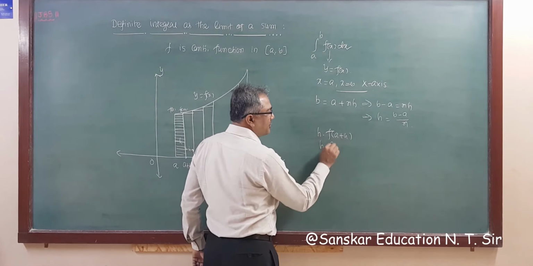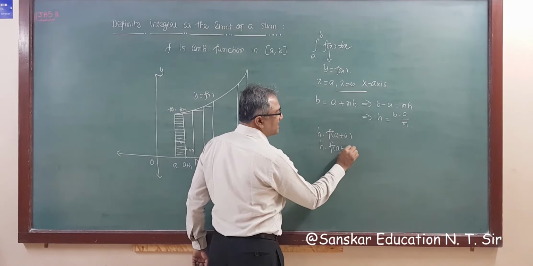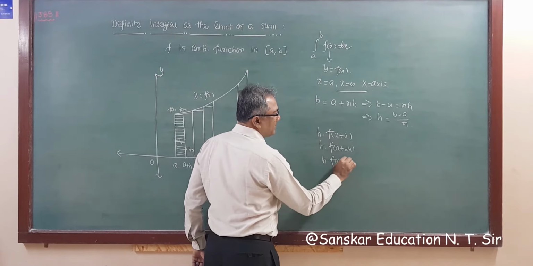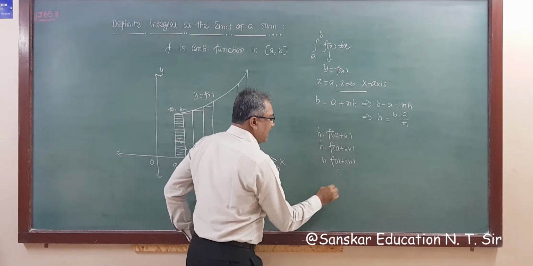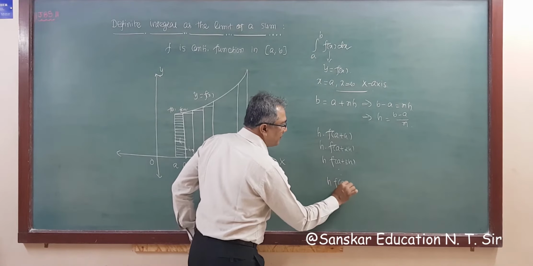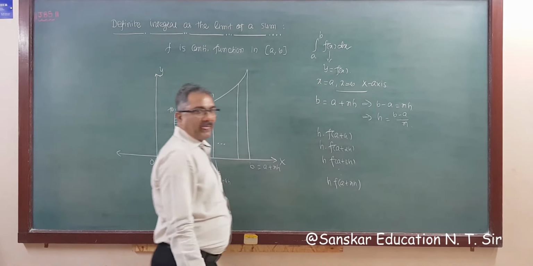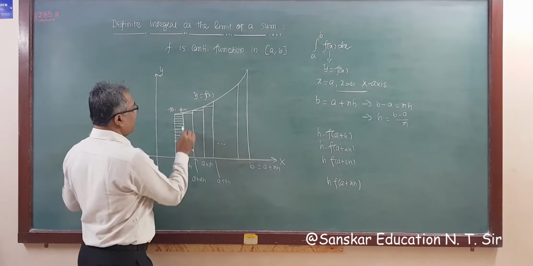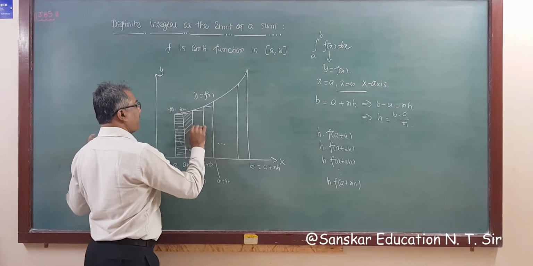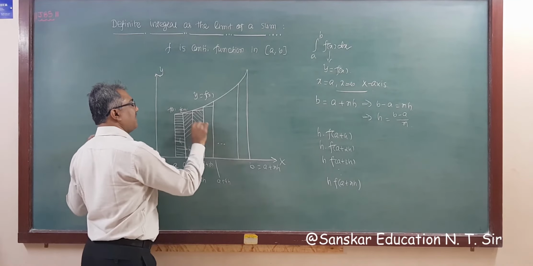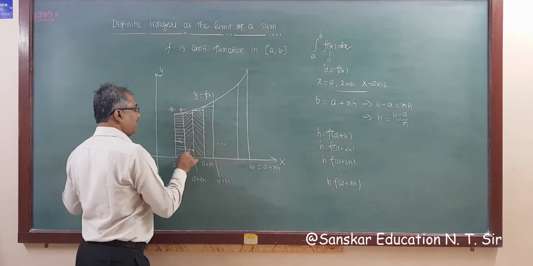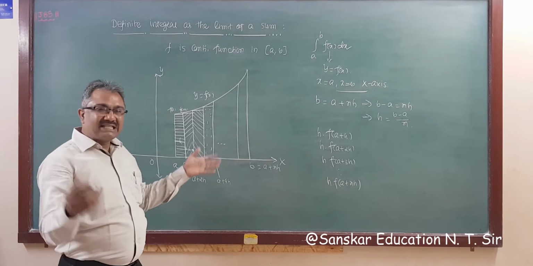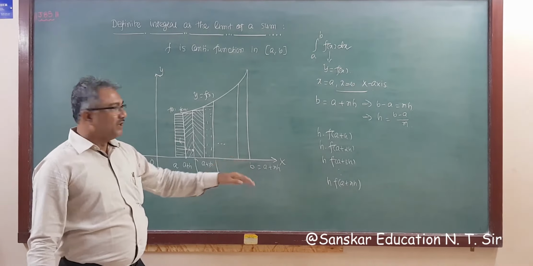Second strip: h into f of a plus 2h. Third: h into f of a plus 3h, and so on. The last will be h into f of a plus nh. So if we sum all these strips, first strip, second strip, then third strip, and so on, that means the sum of all strips' area will be